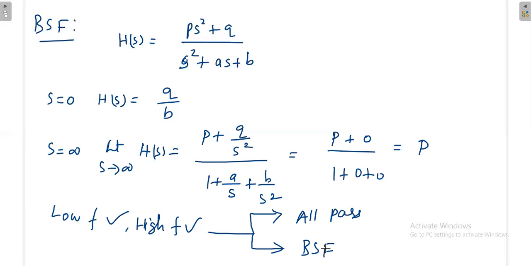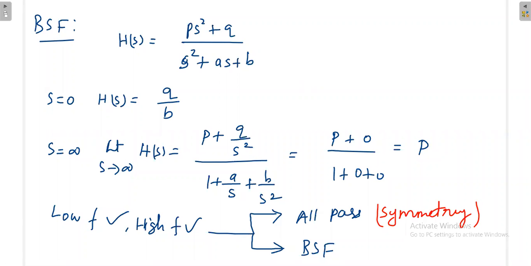Again, with our previous experience, we have to tackle this situation, because for an all pass filter, what is important? The symmetry is important, symmetry between the poles and zeros. Just visualize your poles and zeros, whether they will follow the symmetry or not. But here all the poles and zeros are only on the left side. For an all pass filter, it has to follow the symmetry, which means poles and zeros will be present on both the right side as well as the left side.